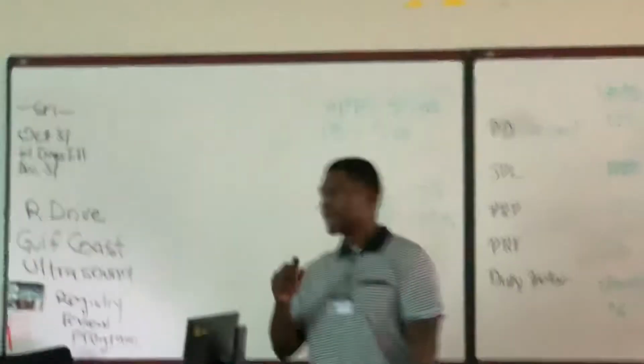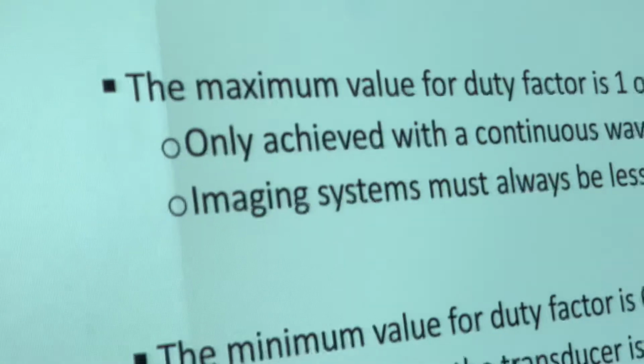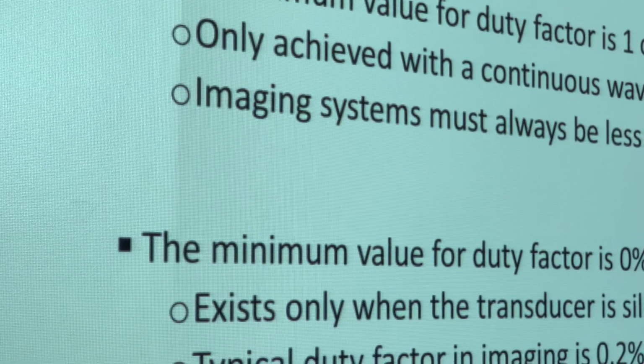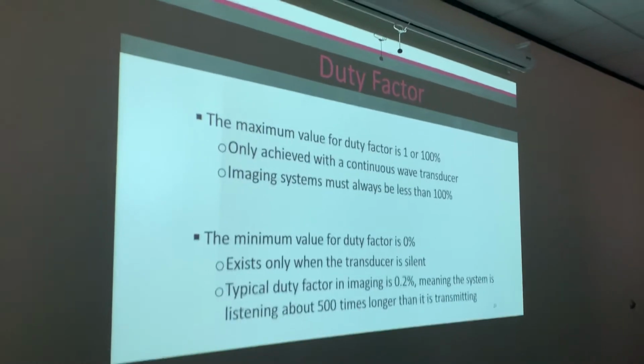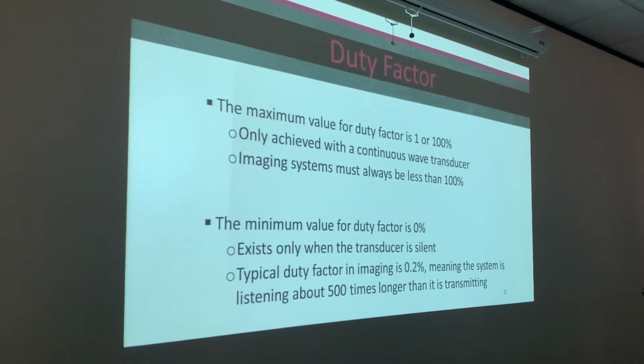The maximum value for duty factor is going to be 1, or 100%. And 100% would be a continuous wave transducer, correct? What if my transducer is always listening? What would my duty factor be? 0, because it's never transmitting. Not trying to ask you a trick question, but that's just logical. It's only achieved with continuous wave transducers. Imaging systems, meaning what we use in the lab, in the clinic, must always be less